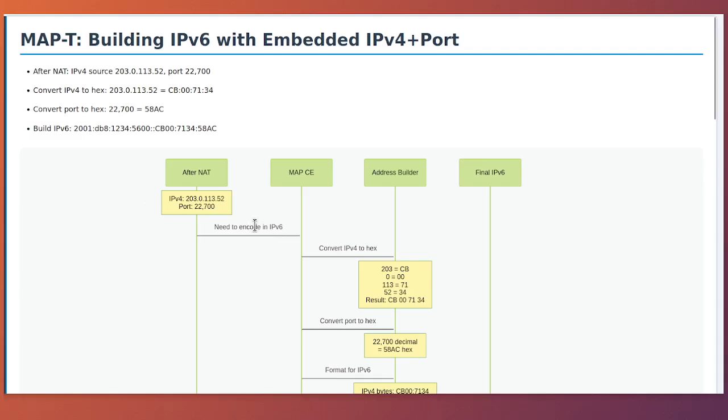Let's walk through how the customer equipment builds this special IPv6 address. After performing NAT, suppose the customer equipment has an IPv4 packet with source address 203.0.113.52 and source port 22700. These need to be embedded into an IPv6 source address. First, we convert the IPv4 address to hexadecimal. The IPv4 address